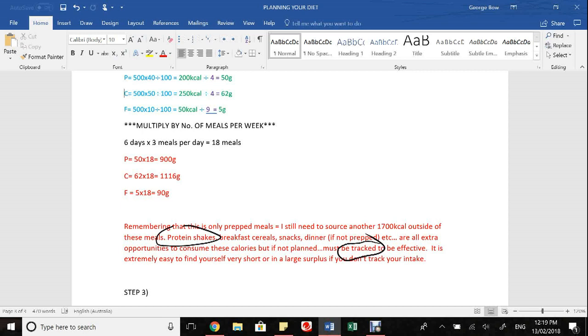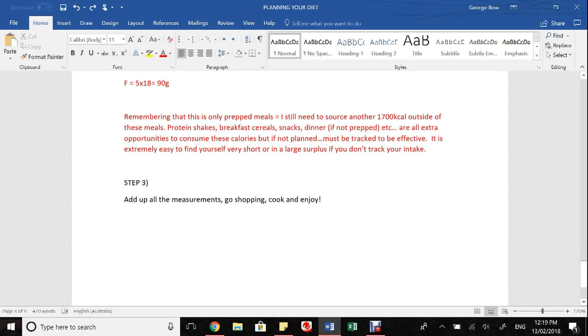So don't just go, yep, I've got like 4 Mars bars sitting at home, I need an extra 500 calories, I'll just smash those Mars bars, because it becomes very easy to either put yourself in a huge caloric surplus due to a lot of sugar and sweets and things like that, or you can find yourself very short in a caloric deficit of your diet goal, which means when you want to gain weight or maintain weight, you could end up losing weight. So remember just to track your calories,